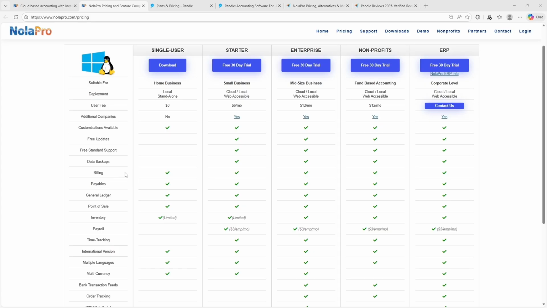NolaPro immediately stands out because it takes a very different approach from most modern cloud tools. If you're a single user home business, NolaPro's single user desktop version is completely free with no monthly subscription at all. For small businesses that want web access and multi-company support, the starter plan is priced at $6 per month. Mid-sized businesses can move up to the enterprise plan at $12 per month, which adds deeper controls, expanded accounting functions,